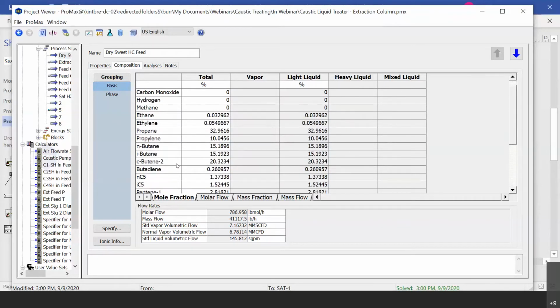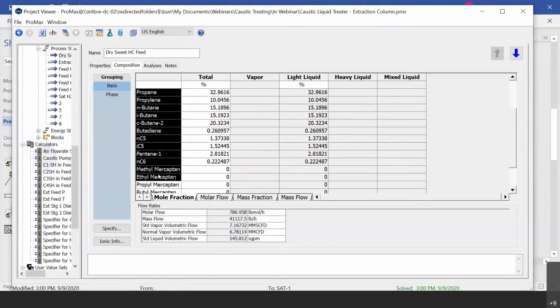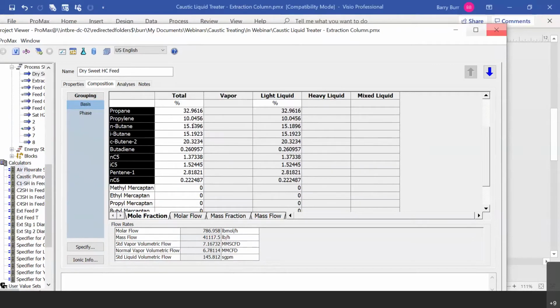The task that might happen differently from case to case is that your hydrocarbon composition might change. And it's not really too important to get your hydrocarbon concentration just right. You could be pretty good at simulating this if you just broke your hydrocarbon concentration down into C3, C4, C5, C6. If you made it that sparse, you could still do a good job of simulating this process because the propane and propylene aren't very different from each other in regards to how they behave in this extraction model. But this is what you would probably have to change if you want to match your plant's hydrocarbon concentration. You'd need to change the species that are in your environment, and you would then need to assign the